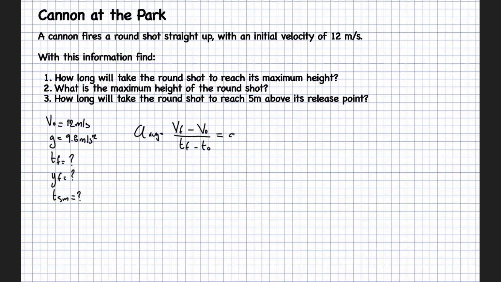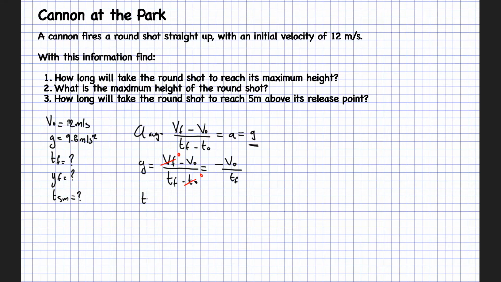First of all, since acceleration is constant, the average acceleration and the acceleration at any instant are the same. Thus, we can rewrite this equation using acceleration instead of average acceleration. Also, we already stated that the acceleration we'll use is the free fall acceleration of objects on planet Earth, which is g. And since we're looking for the maximum height, we can make final velocity 0 because from our